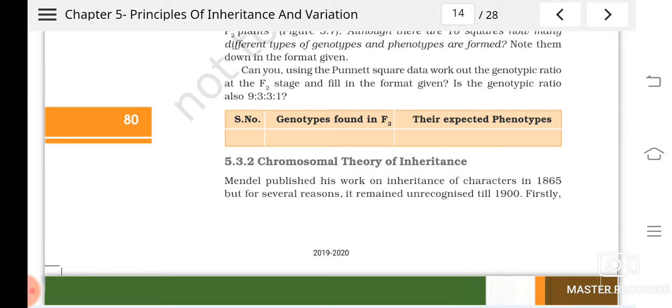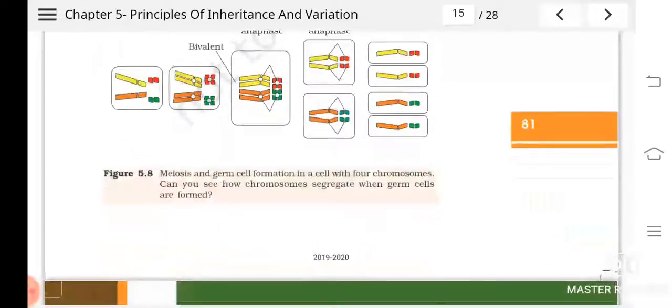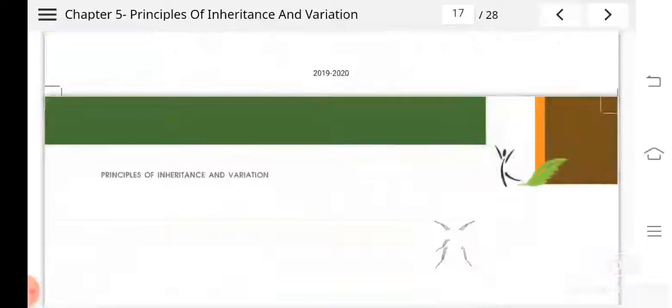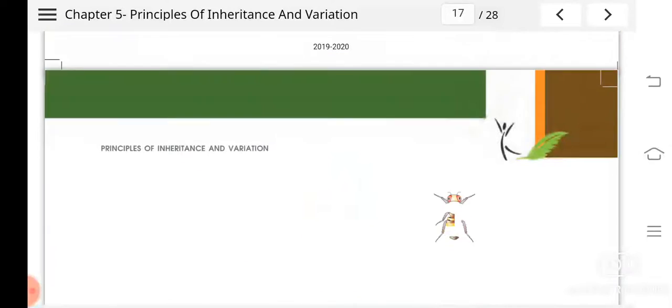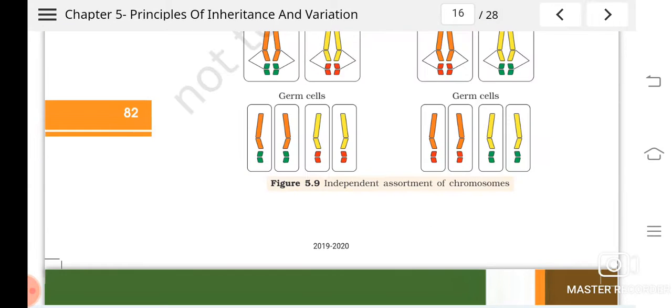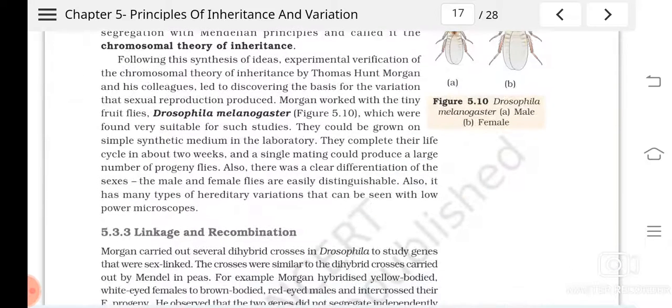The explanation of inheritance of characters in terms of chromosomes, this also we have studied. Then some deviations like linkage, isn't it? Linkage is what actually? It is due to the physical association of genes, they are not independently assorted, as Mendel said. They have the tendency to go together.